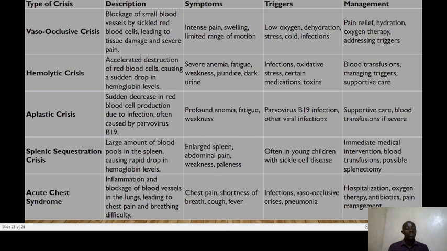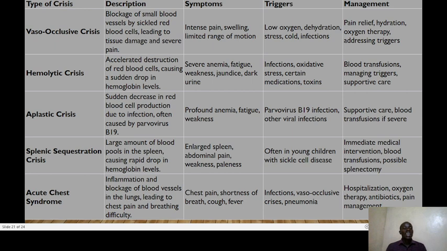So on vaso-occlusive syndrome, we have the blockage of small blood vessels by the so-called red blood cells, leading to damage and severe pain. It's normally characterized by intense pain, swelling, and limited range of motion, and the trigger could be low oxygen, dehydration, stress, cold, or infection. So you always treat by relieving the pain, hydrating the patient, and putting the patient on oxygen therapy and addressing